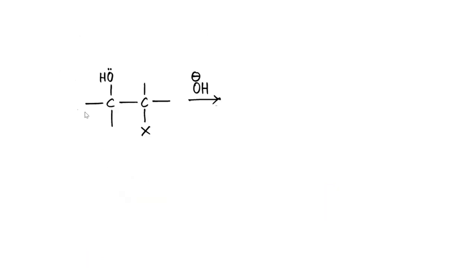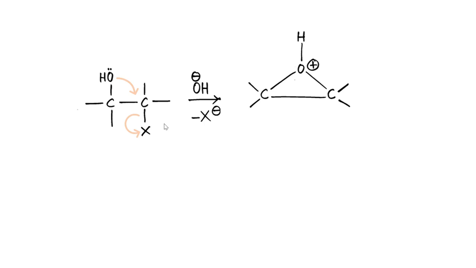In certain cases, a stable bond is formed between the neighboring group and the carbon undergoing substitution. This results in the isolation of a cyclic product. In this example, we have this oxygen containing a lone pair which can easily attack this carbon, and X minus is eliminated. You will get a compound which is a cyclic intermediate, which will give you, after deprotonation, an epoxide ring, which is stable.